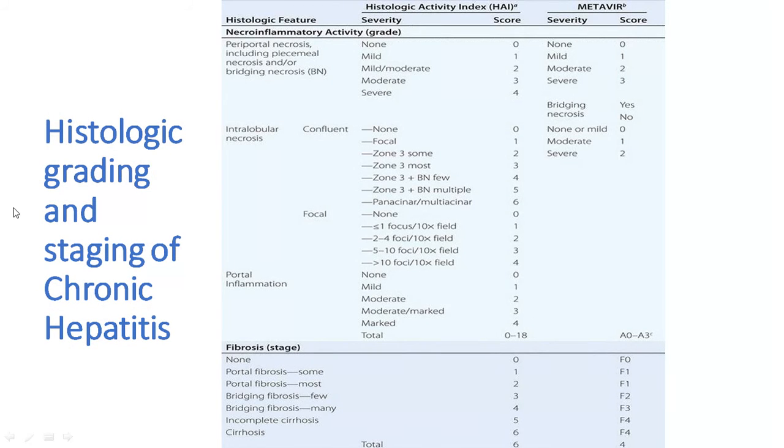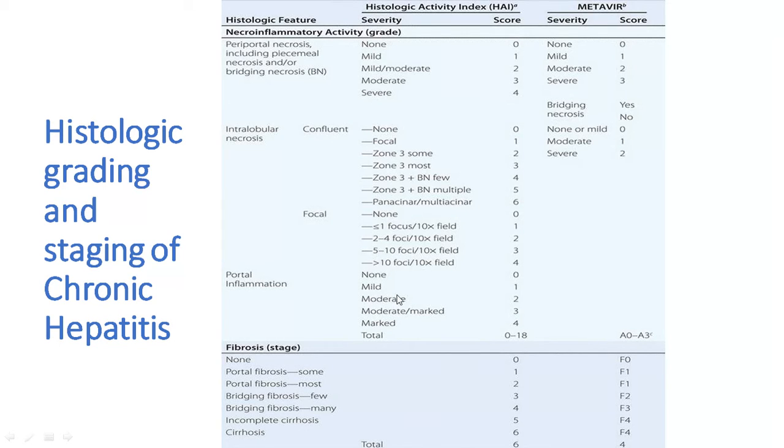Okay, this is a histologic grading of hepatitis B in the chronic phase. So there are various scorings here. How do you see it pathologically, how will you differentiate? So as you go forward with the scoring, there could be periportal necrosis, piecemeal necrosis, or bridging necrosis. Okay, then there could be intralobular necrosis. It is again of various types like pan-acinar, multi-acinar, and doubling, tripling of the fields, like the spreading to more areas in the intralobular necrosis and portal inflammation as well.